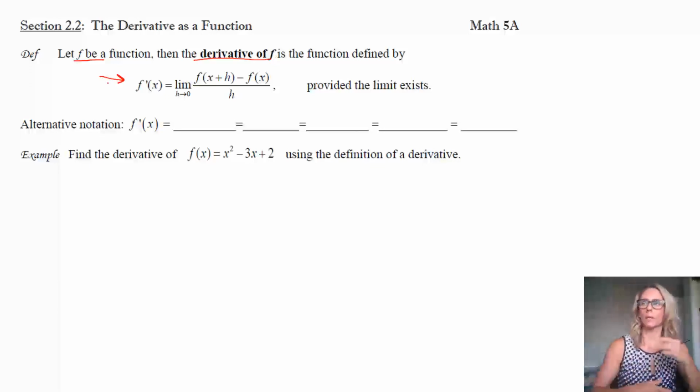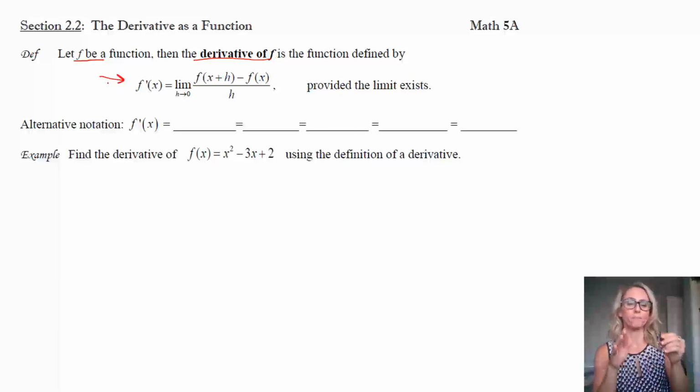So I want you to notice in the past couple sections, we've seen these things with the limit, and we've seen a and we've seen t, and we saw a little bit of h, but not a lot of h yet. Now we're going to see a lot of h. So this is us taking the derivative of a function using the definition. This is the actual definition, the limit definition of the derivative.